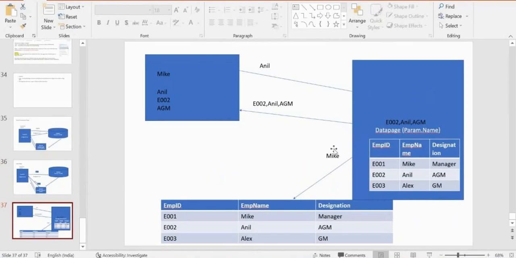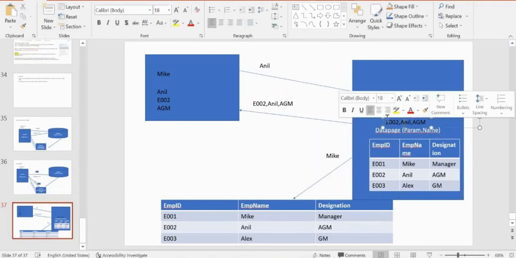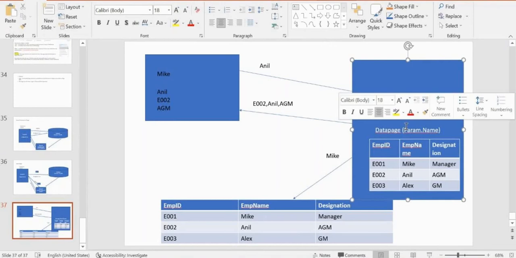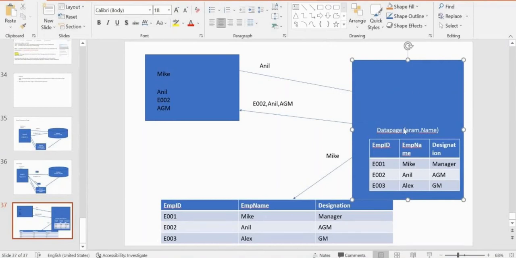Once you do it, whether it is Anil or Mike, anything, first it will get all the records from the DB. Based on the key you give, that particular record is sent. So based on this key, it will send you the record. Okay, that's about the keyed data page.